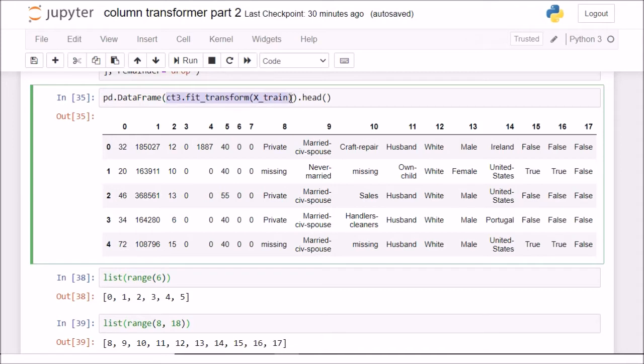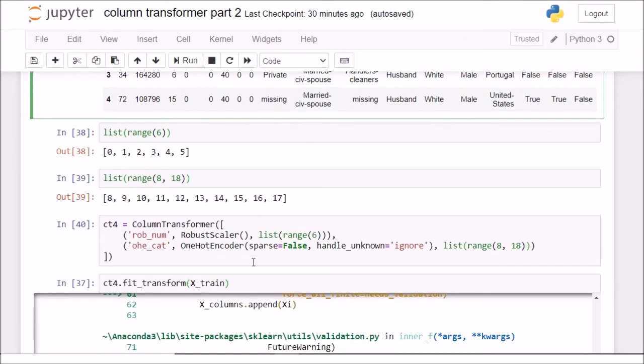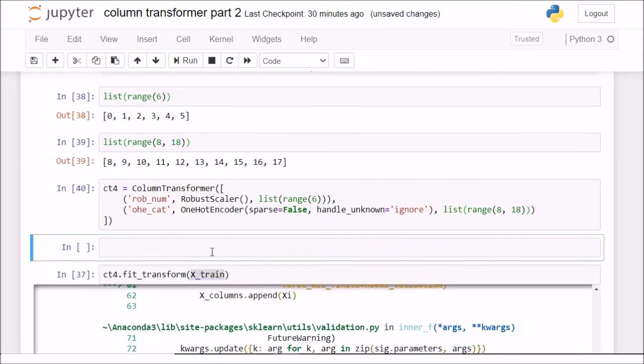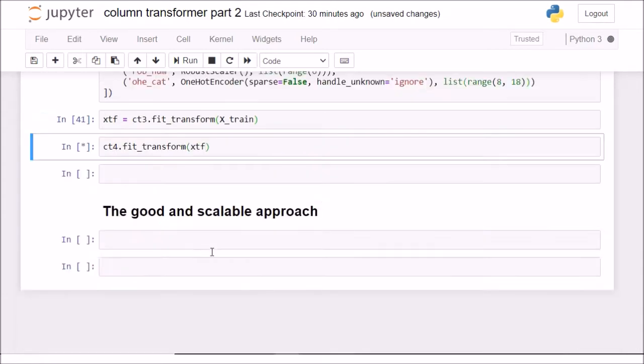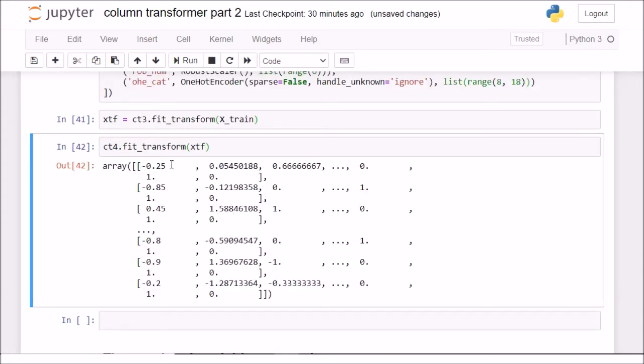Because this ct3.fit_transform X train didn't have any missing values. For simplicity, I can name it X transformed is equal to, so this is the variable now, and I can pass in Xtf. Now it is executing. That is because I'm now fitting on the Xtf object which didn't have missing values.